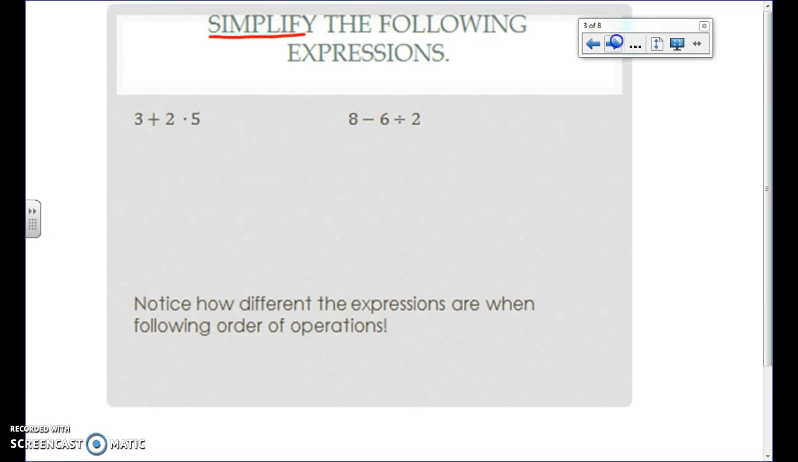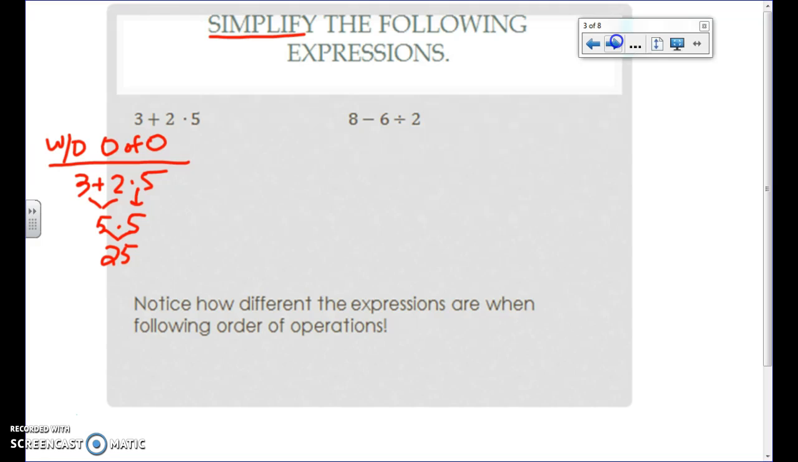What I would do is this, if I ignored order of operations, so without order of operations, 3 plus 2 times 5. I would do 3 plus 2, which is 5, times 5, and 5 times 5 is 25. Okay, so I would get 25. However, with order of operations, and I did the same problem,